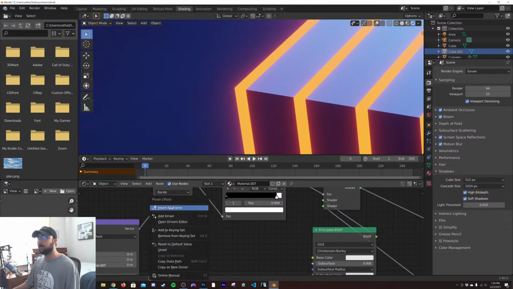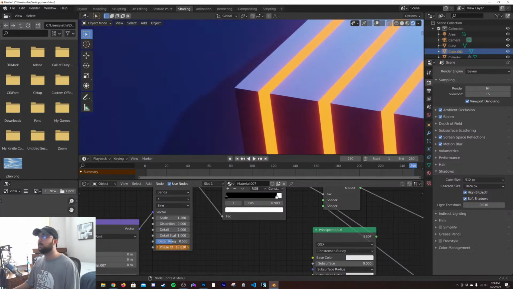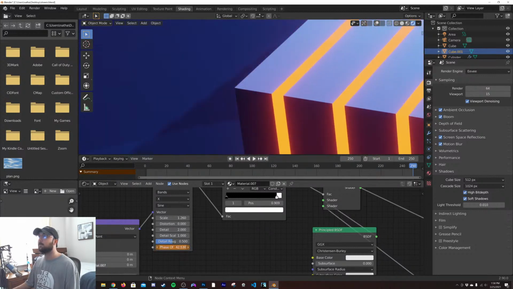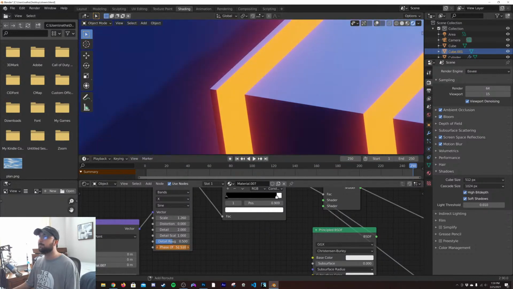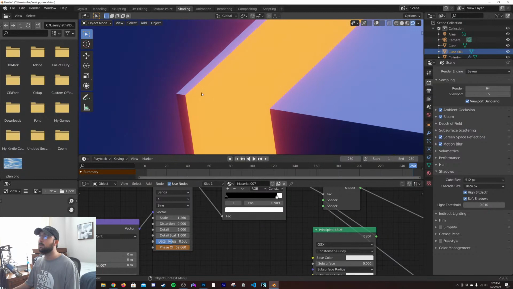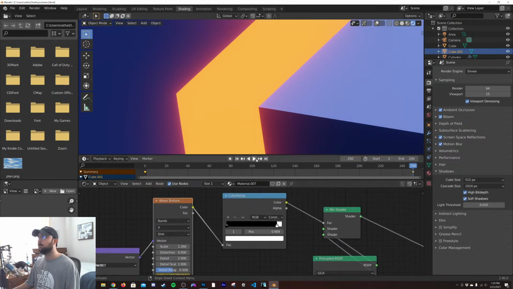So phase offset, insert keyframe, go to the end. This is going to be about 10 seconds. 1, 2, 3, 4, 5, like that. And now to loop it, I want to make sure this line is at the very edge of the cube, right there. Insert keyframe. So now, I hope I did that right.